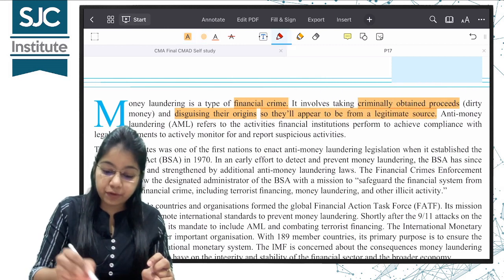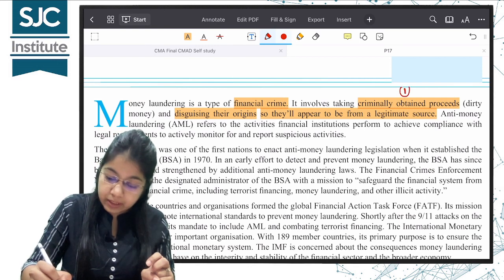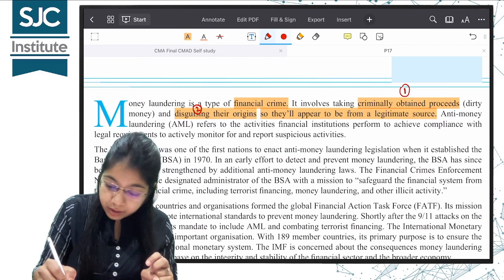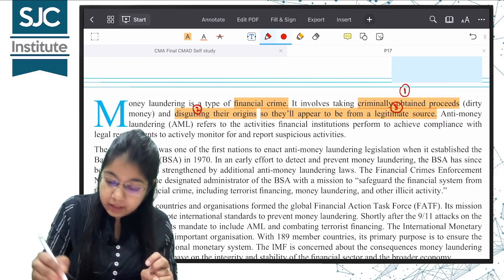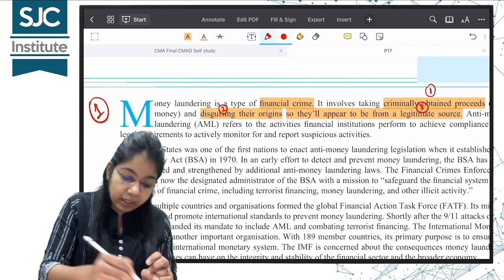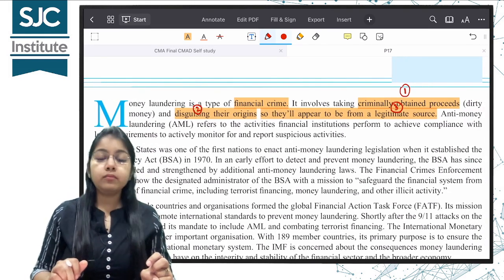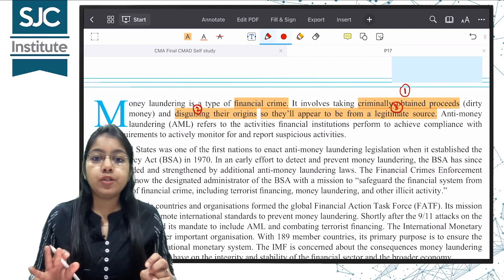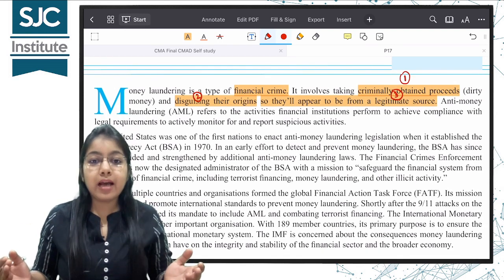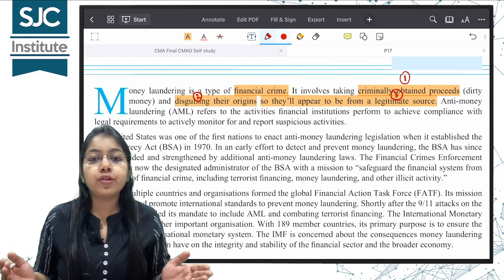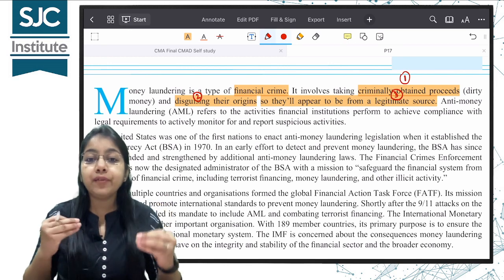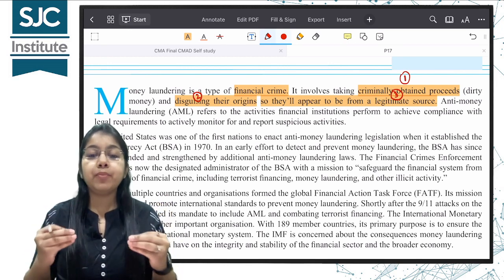So 3 steps. First, to obtain proceeds criminally. Second is disguising their origins. And third, showing it as if it has appeared from a legitimate source. So this is our topic number 1, meaning of money laundering. Okay, understood? So it is a financial crime. Now, what is anti-money laundering? As the name suggests, anti-money laundering refers to all the financial activities which will help in